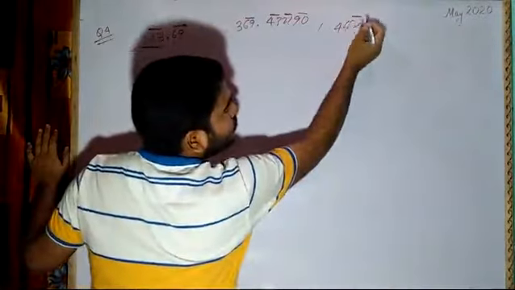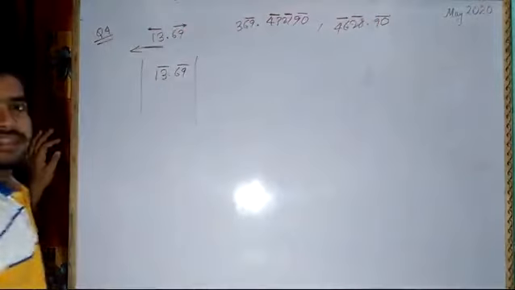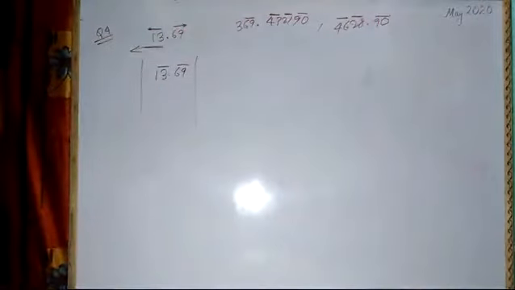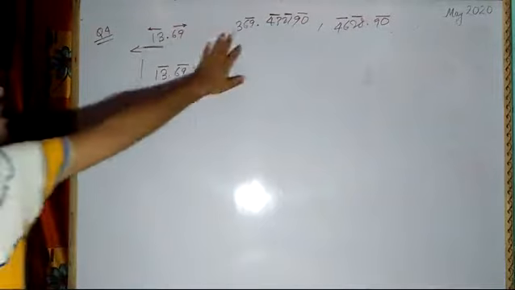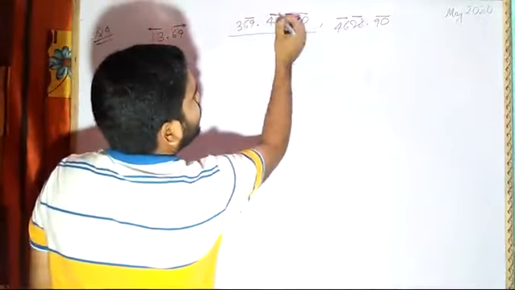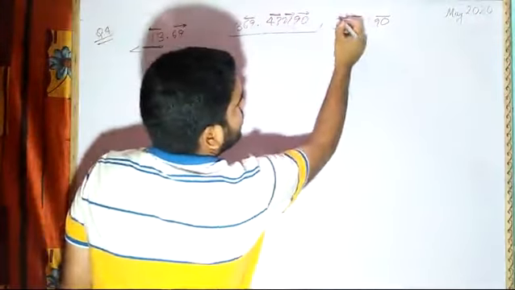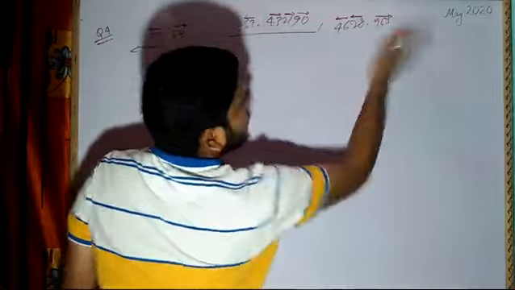I will be marking 2, this side 1, and then 1 0. Like this we will be calculating. Now based on this, I hope this is clear, my dear students. You try to understand. Grouping will be from this side, and here grouping will be from this side, here this side, here this side, in this way.